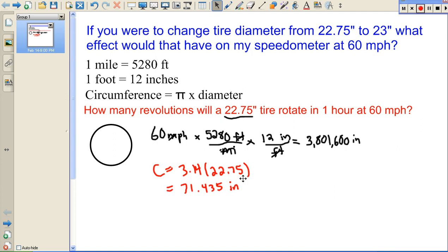Okay? So we need to figure out how many times is it going to roll to get to 3,801,600 inches. So to do that, we'll just divide. So we'll take 3,801,600 and divide it by 71.435. And that will give us